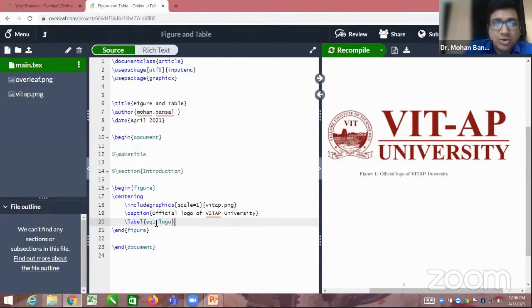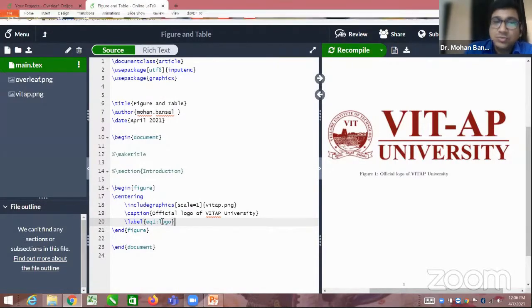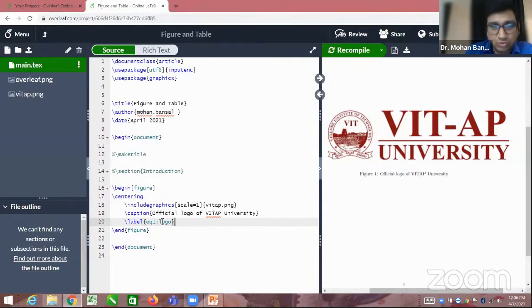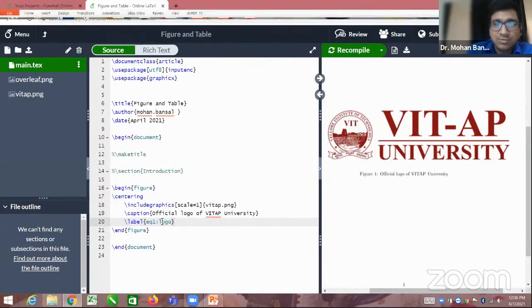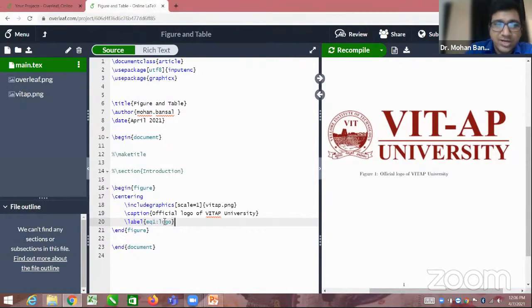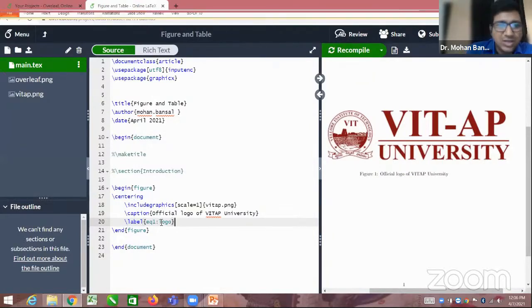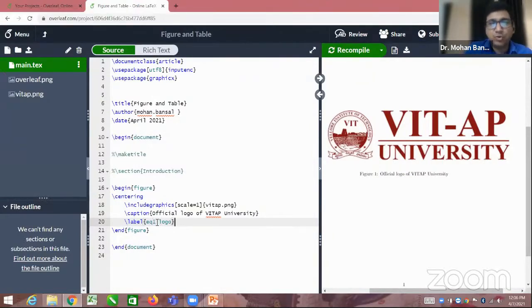What happens sometimes is that if you are not writing EQ1 and you are using the label logo for this image, sometimes you may use the same label for the table also. So to avoid the same name in the label, we can use the EQ1 also here. But it's up to you. It is not mandatory. Okay.